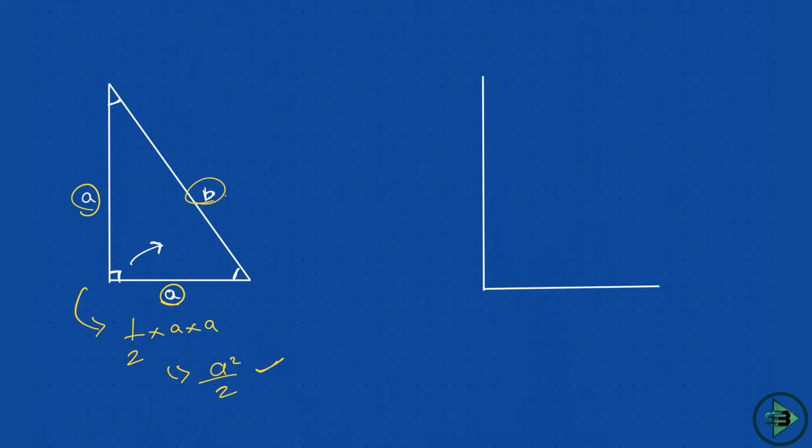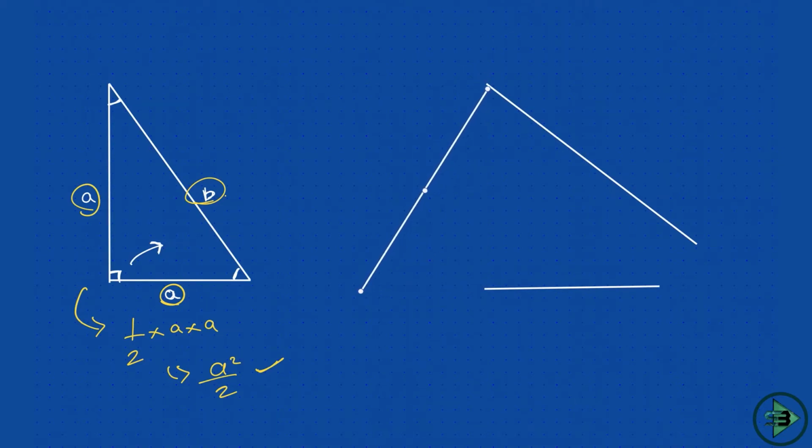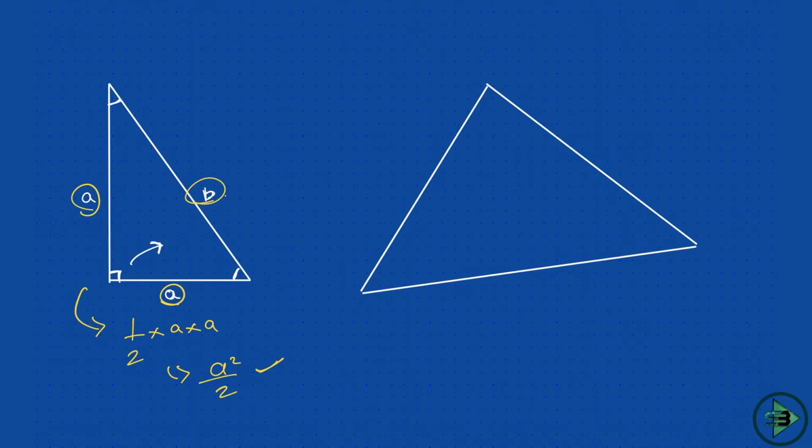So let me just draw this. Now this could go in any which way, similarly this could go in any which way. But what do I know? I know that two angles are equal. This angle is equal to this angle. Now this angle is not necessarily 90. If this is 90, then this becomes 45 and this becomes 45. If you have studied geometry, we have studied this: 45, 45, 90.